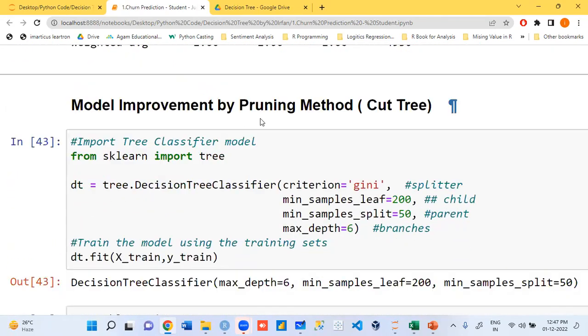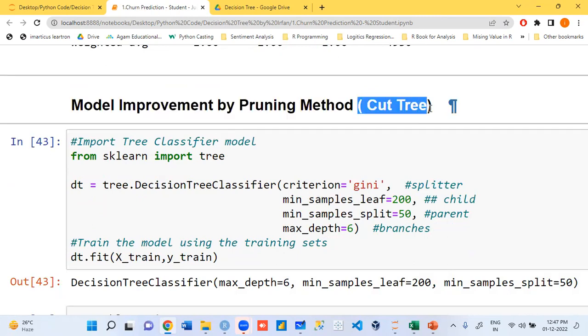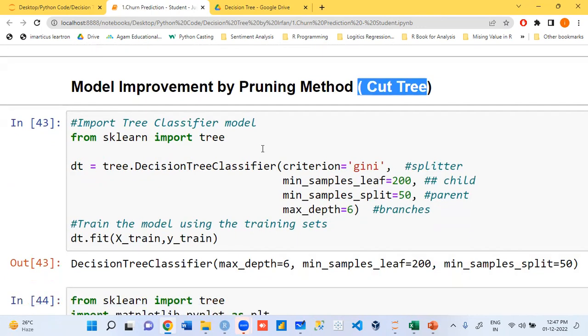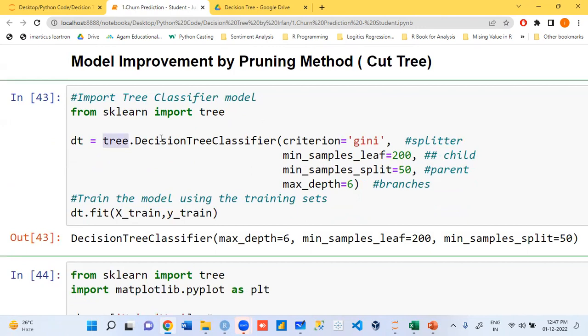So model improvement by the pruning method. In layman language we call it cut. What remains the same, guys? I want to use tree, which tree? Decision tree classifier. The method used for splitting is Gini. By default it is Gini, guys. If you do not write it also, it will use Gini only.